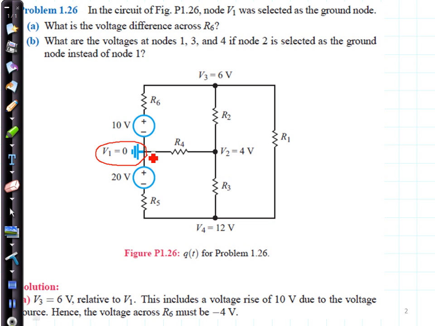So we've defined the ground right here. We're going to do an analysis with the ground there, and then we're going to examine what would happen if we did the ground in another place. So what we would have done is measured from our red probe for our voltmeter right here down to our black probe there, and we would have read that V3 is equal to 6 volts. We would have then measured with our red probe here and our black probe there that V2 was equal to 4 volts, and similarly, red probe here, black probe there, V4 is equal to 12 volts. So these are measured voltages. Let's say we measured them in the past.